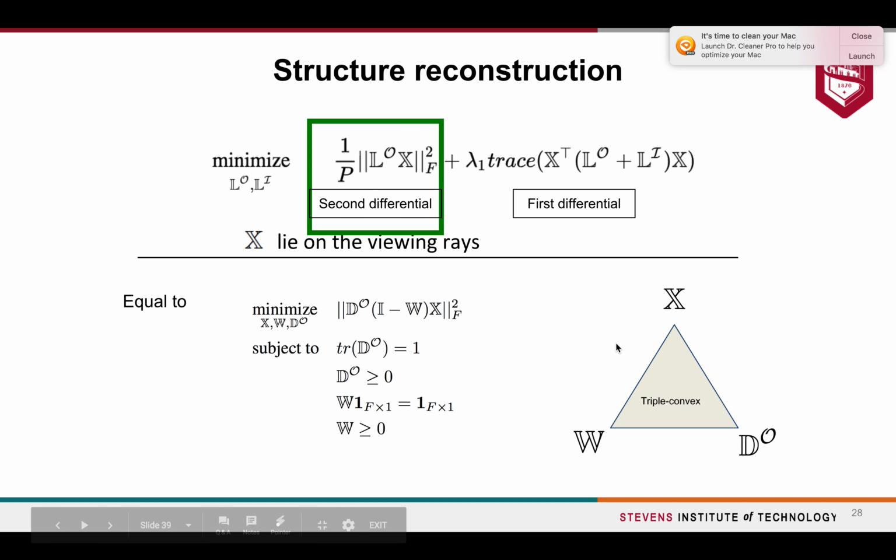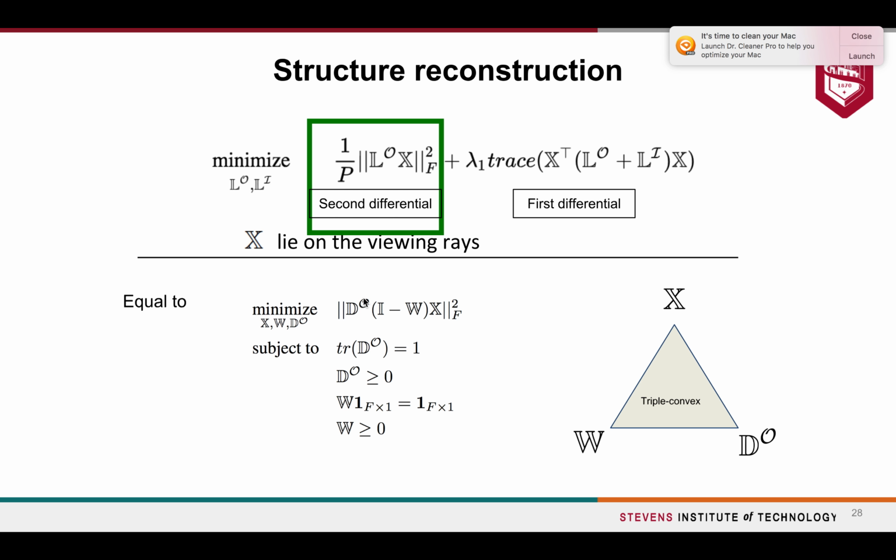And here is our optimization. Our cost function is based on 2 parts. The first part applies the discrete Laplace operator, and is to minimize the second differential. And the second part is trying to minimize the first differential, which I'm going to introduce later. Here, since this Laplacian can be decomposed in this form,